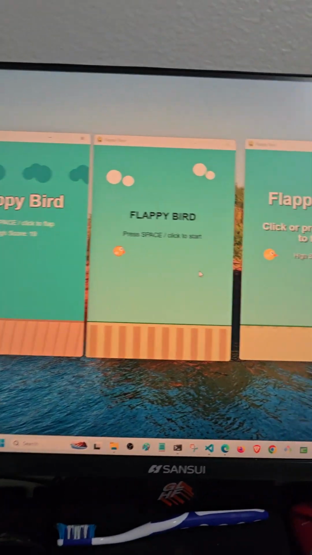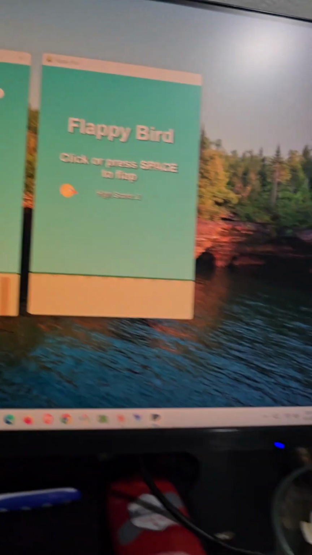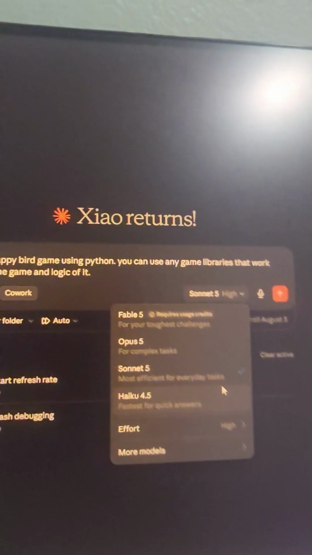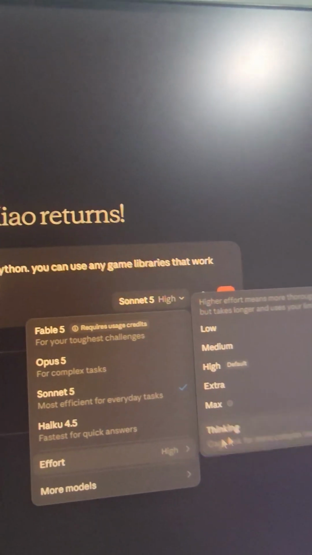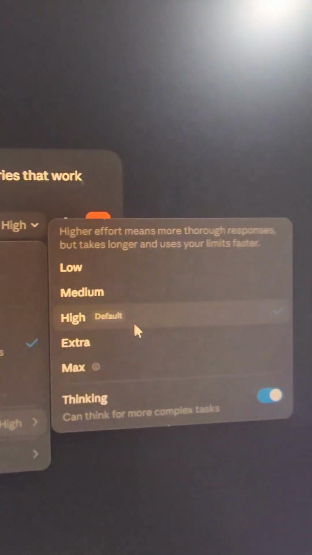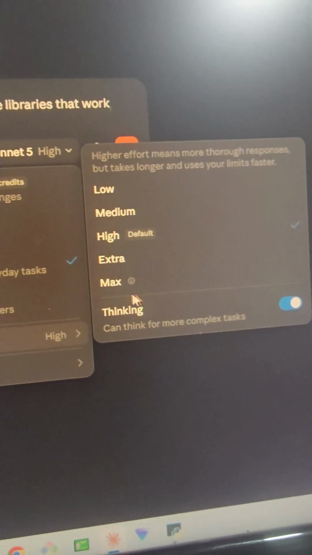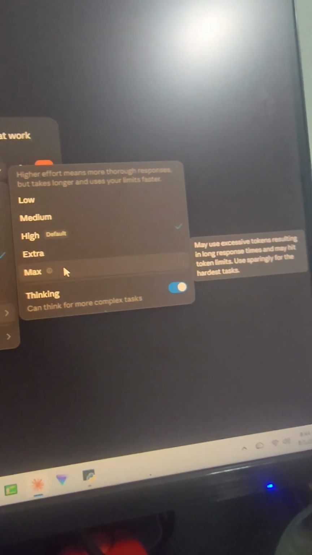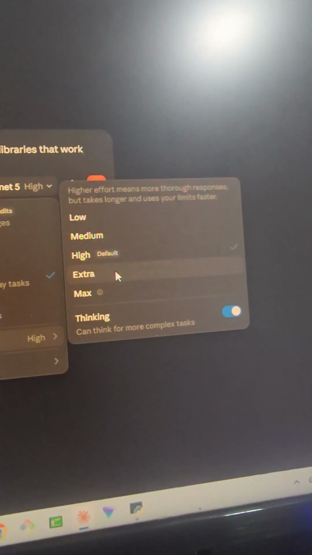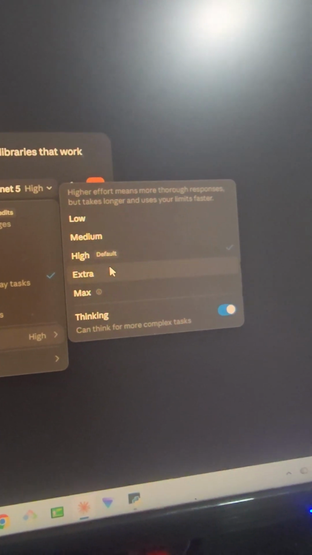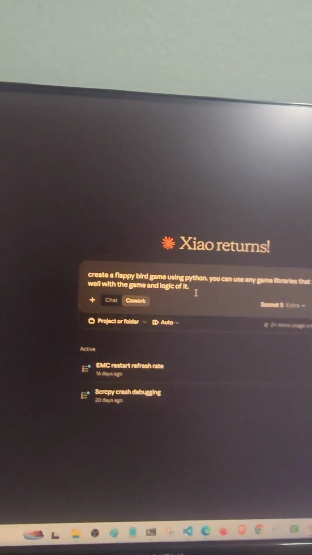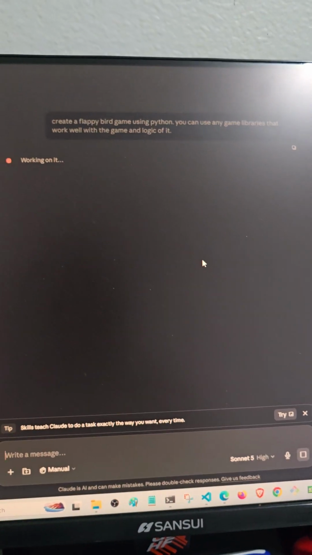All right, I think we have 2 more modes to try, so let's see. Okay, so the next effort mode, we have two more. We're currently on high. There's extra, and then there's max, which is basically the highest thinking effort. So we're gonna go on extra for the 4th mode. Here we go. All right, let's see what it does for us, if it's gonna be better or way worse.